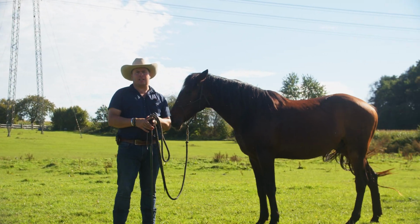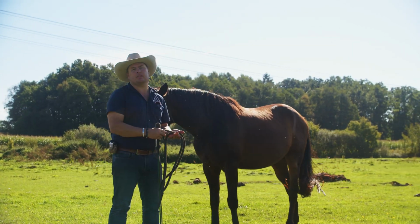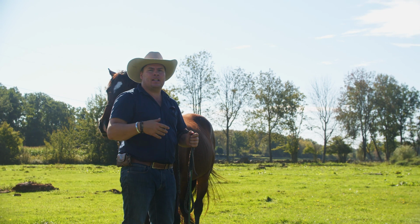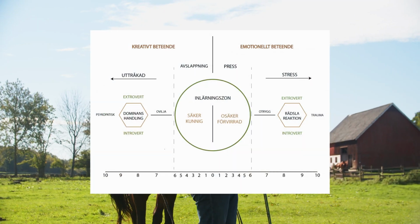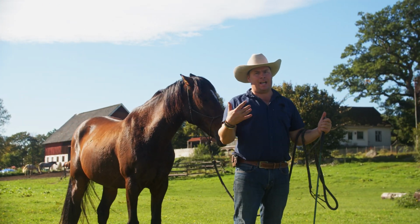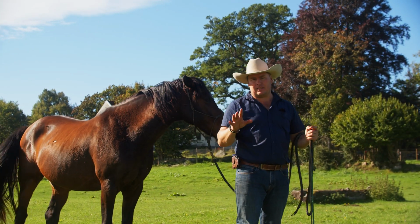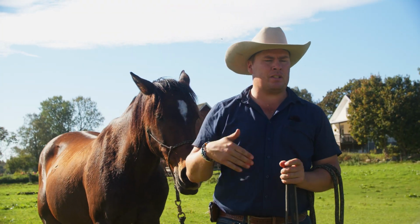So the first category is the more emotionally based behavior, which means fear, stress, worry, unsafe, anxiety, nervousness, confusion, stuff like that. And then we have also the extroverted type of behavior, which is more forward, more high energy, more movement, and stuff like that. Difficult to stand still. So I have Brego here. He has typically in this behavior a lot of the time because he's very fearful, he's very unconfident and nervous,